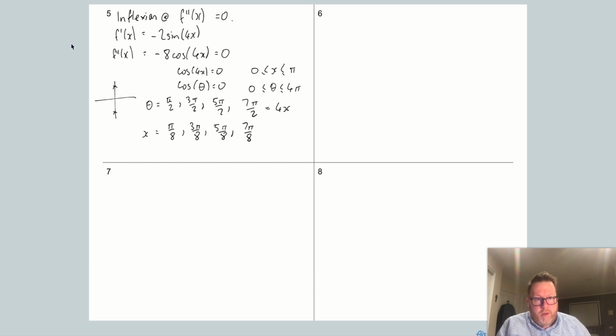So the inflection point is when there's a change in concavity, and so you can use the fact that there's a change in concavity to figure stuff out from there. The other thing you could do is a sign chart as well. So if we have a look at all the critical points,